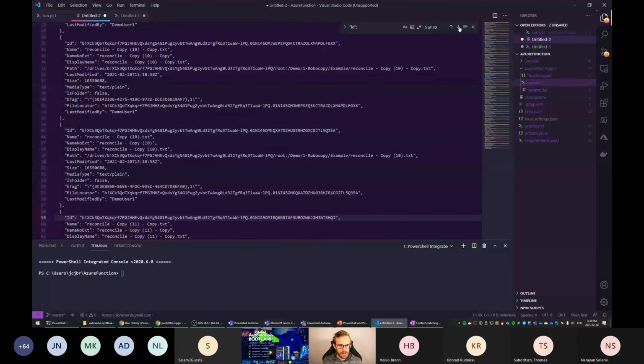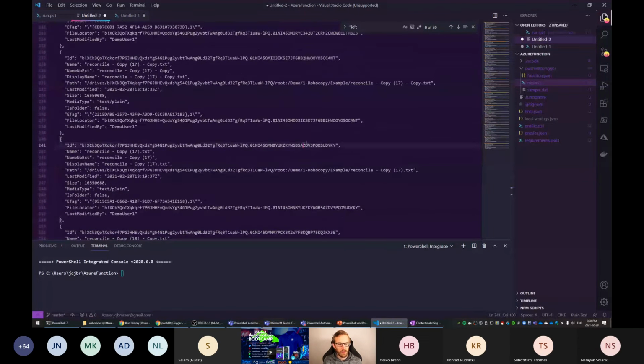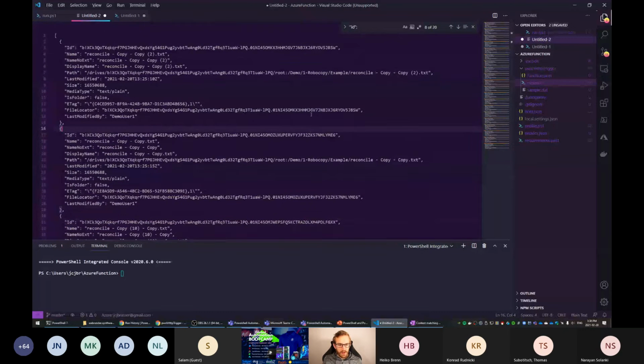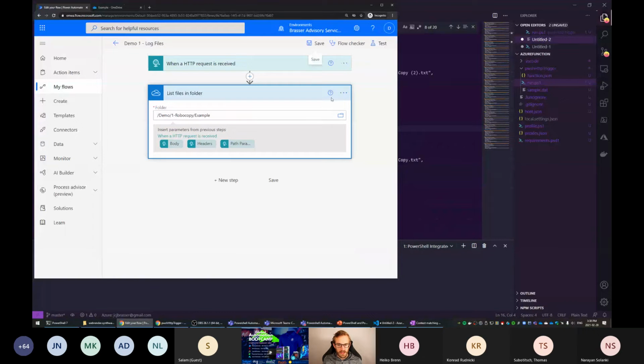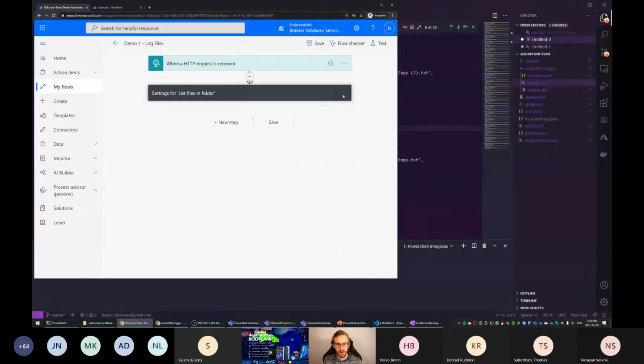Let's see, yes. So there's an output of 20 files here. If we want to make sure that we get all our files, what we can do is change this within limits. We can tell it to return a certain number of items. The upside is that in this case, list items in folder supports pagination, but if we would use a different